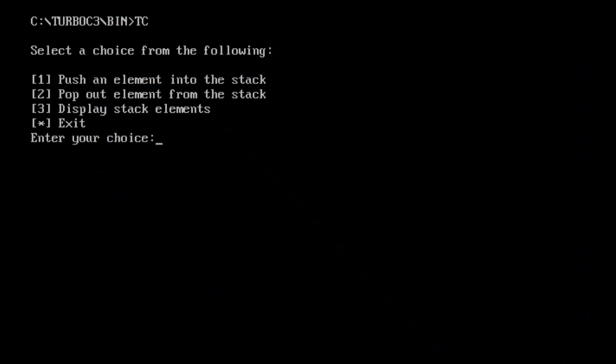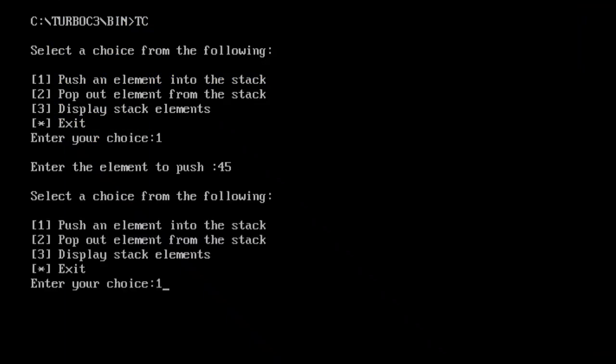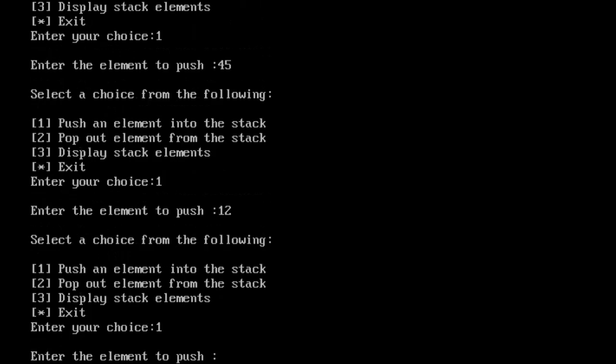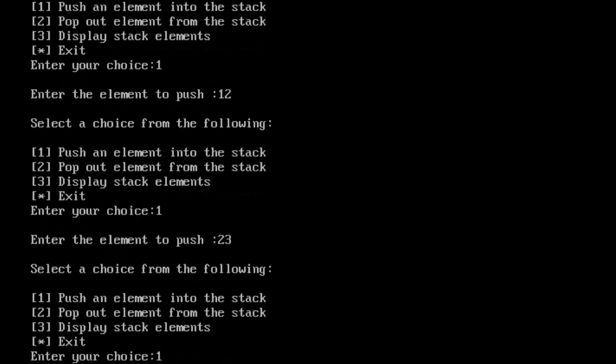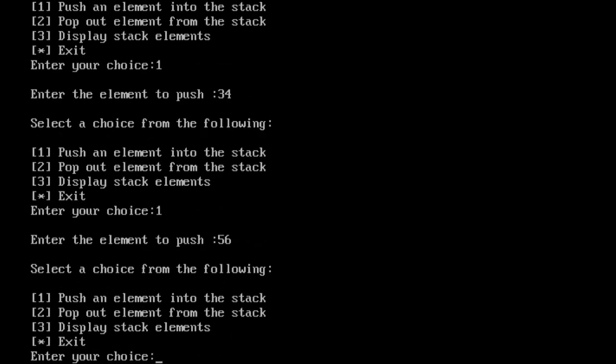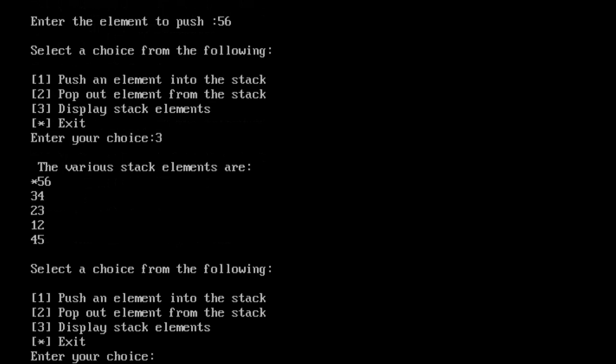Yes, it is displaying: enter the element. So 1, pushing of element 45, 1, 12, 1, 23, 1, 34, 1, 56. Let me see whether it is inserted, 3, yes, 56.